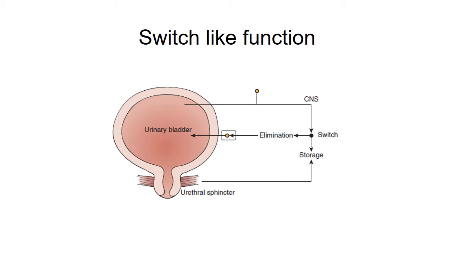During urine storage, a low-level efferent activity activates the efferent input to the urethral sphincter, and this causes contraction of the urethral sphincter. Whereas during bladder distension, a high level of afferent activity is induced, and this activates the switching circuit in the central nervous system, producing firing in the efferent pathways to the bladder, causing contraction of the bladder and inhibition of the efferent outflow to the sphincter, causing voiding of urine.